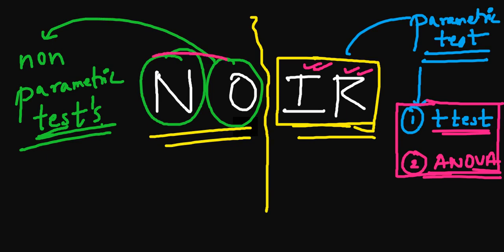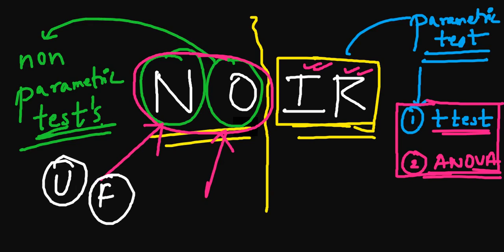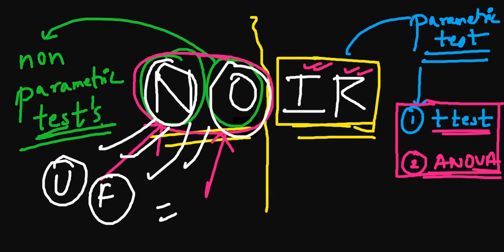And for the "non" thing, this is your non-parametric. So what you will use? You will use the nominal and the ordinal data. Okay, so what is the example of non-parametric test? You can have the Mann-Whitney U test, you can have the Friedman test, you can have more tests, Wilcoxon signed rank, and all those things as well. Okay, so they will use what? They will use the non-parametric, I mean the nominal and ordinal data, whatever they want to use.